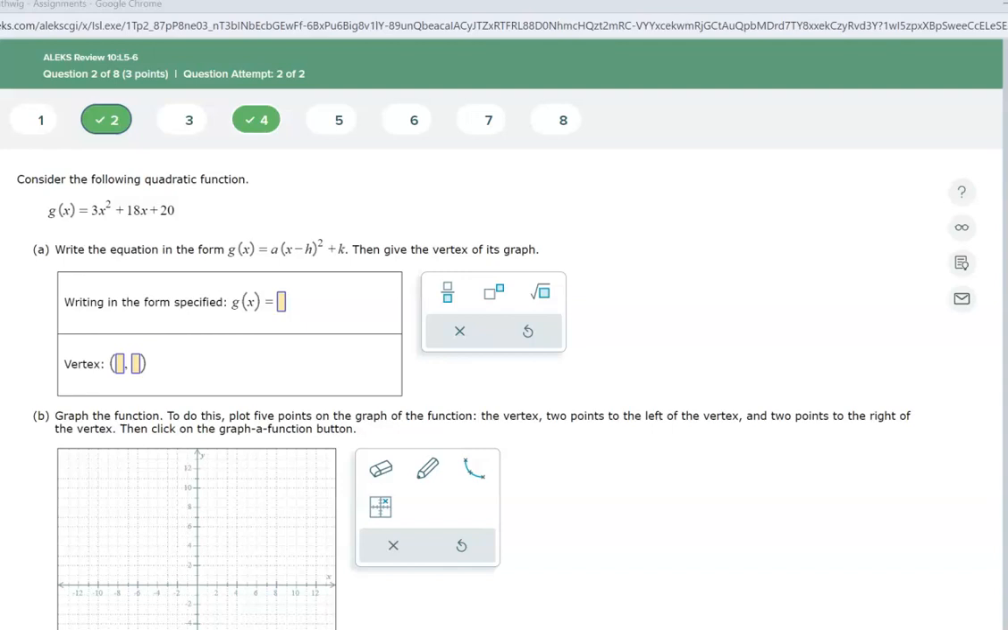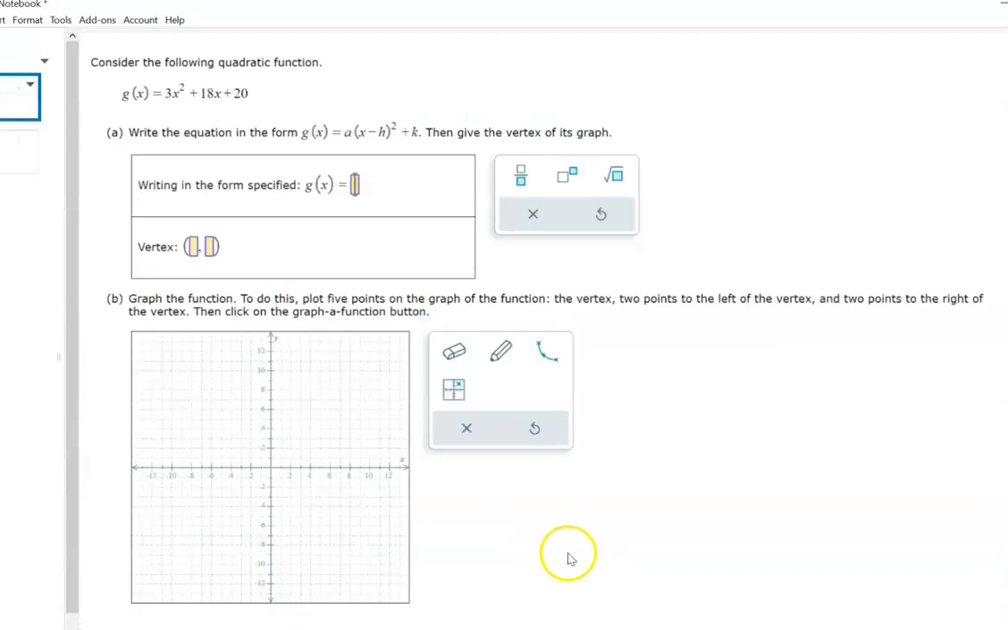So to do this, I'm going to complete the square for this one. To complete the square, I want this 20 to be on the other side. So to get that 20 to the other side, I'm going to subtract 20 on both sides, and for g of x, I'm just going to put a y. So right now I have y minus 20 plus blank